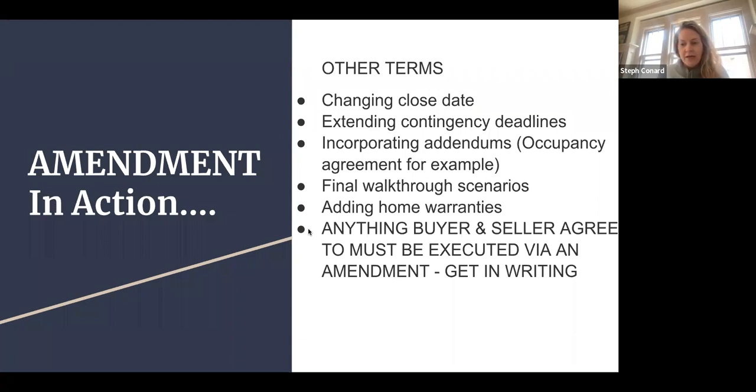I know in my head that if they don't come down, I'm still going to move forward, but let's just see if they'll come down. And we wanted to do that with an amendment first, because we don't want to give the seller the option to let us out of the deal if there is another offer waiting in the wings for them. We don't want to give them that power if that's not our intention, right? So